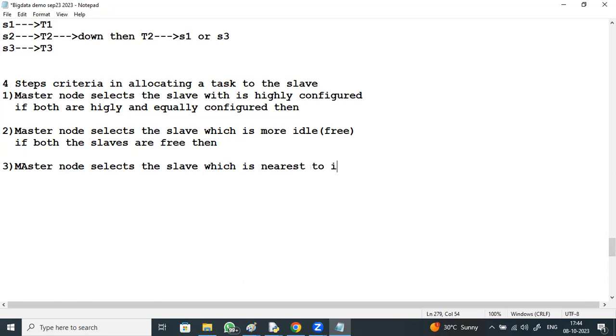Which is nearest to it means the master can be in one country, and the slave can be in another country. The master can be in one state, and the slaves can be in another state, right? Or they can all be in the same place. The master node can select the slave which is nearest to it. If both the slaves are equally near, then the master node selects